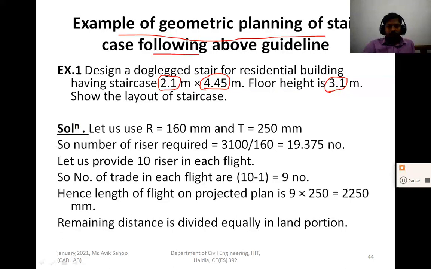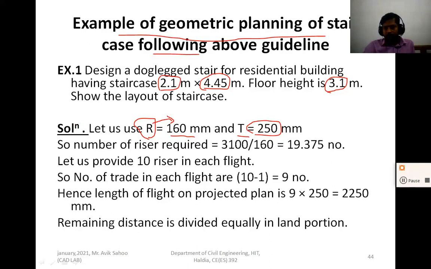First we consider the riser dimension. As it is a residential building, we consider the standard riser, that is 160 mm, and tread 250, which is also standard. Now the number of risers required.